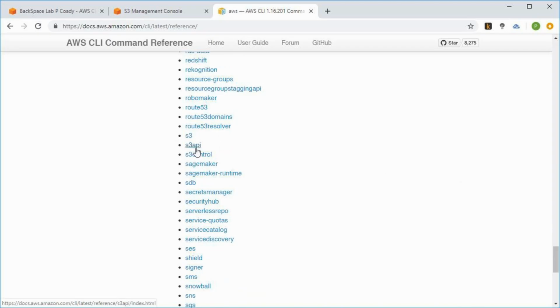So we see there we've got two. We've got S3 and we've got S3 API. So the S3 API is far more powerful, and that takes advantage of all of the API commands that are available, whereas the S3 commands only have very shortened, limited use. So they're more for quick things to be done. So CP instead of copy and then having this big long string.